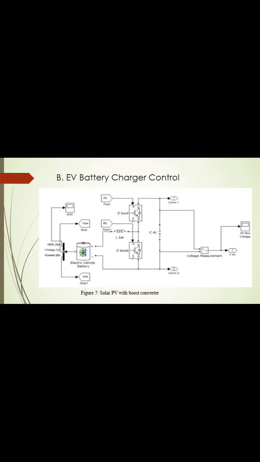EV battery charging control. This EV battery charging control has two types. One is a constant current strategy and another one is a constant voltage strategy. These separate control strategies are implemented to control the charging and discharging of EV batteries. The Simulink model for the battery charger circuit is shown below. Since we are considering an off-board DC battery charger unit, the EV batteries are directly plugged into the charger circuit.